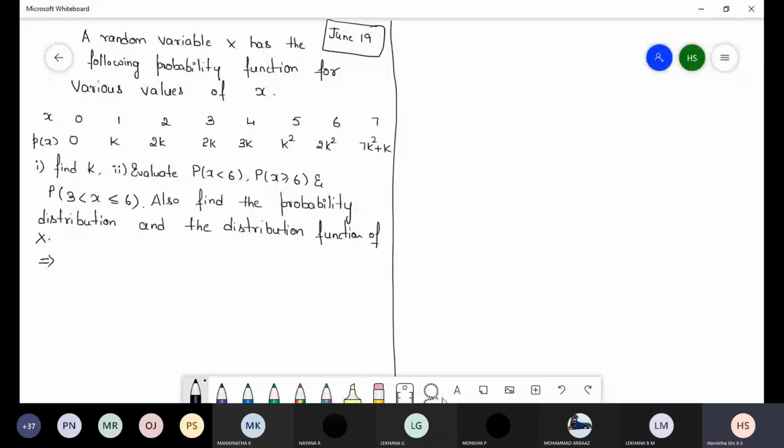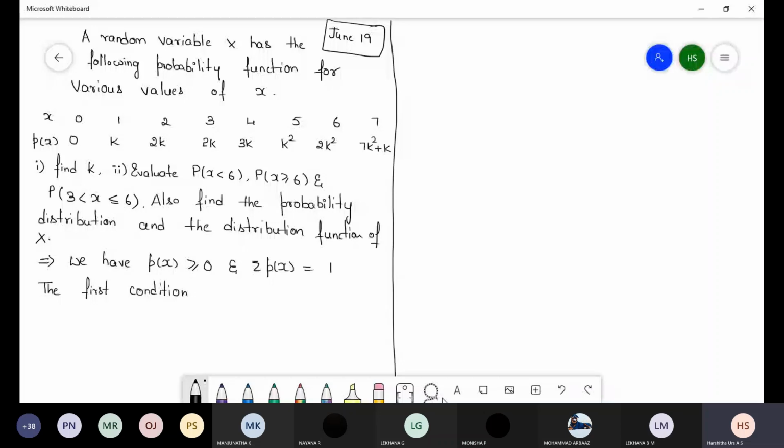We have the condition p of x must be greater than or equal to 0, and sum of the p of x is equal to 1. So here the first condition, that is k is greater than or equal to 0, is satisfied. And to find k,